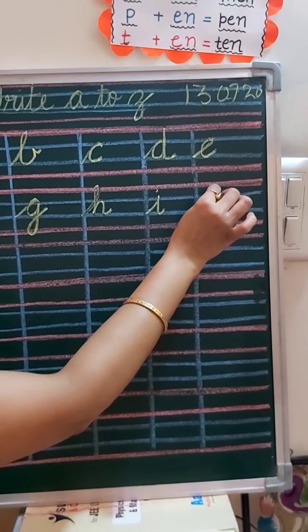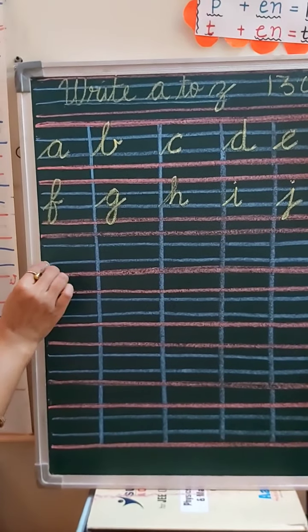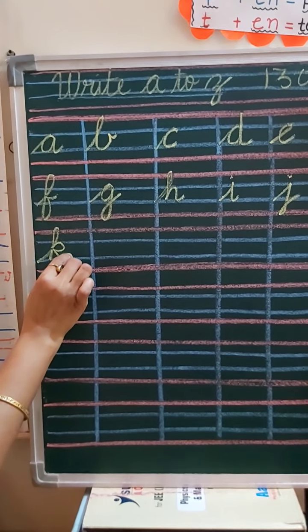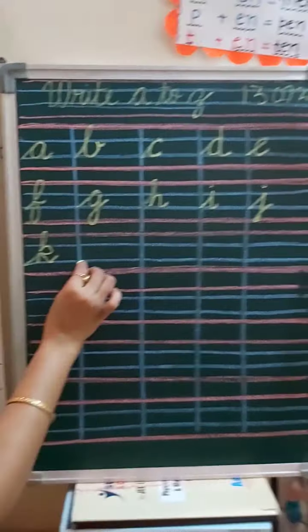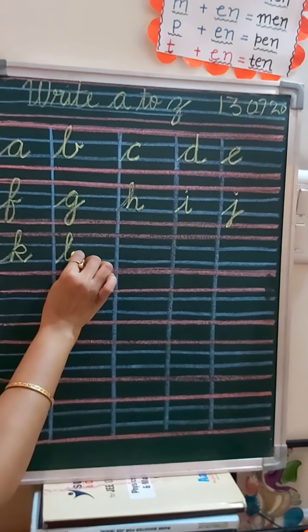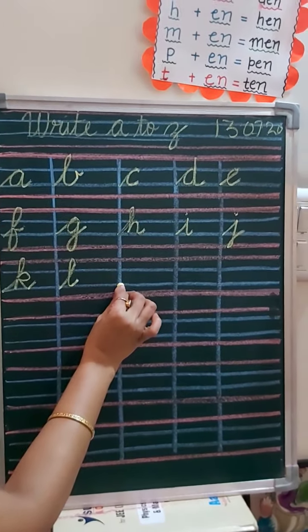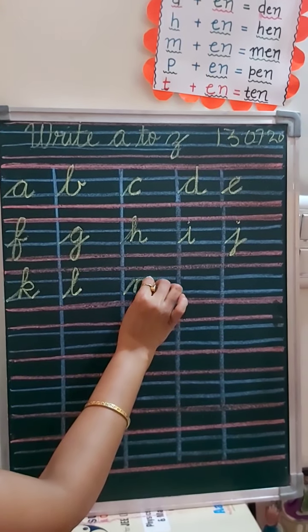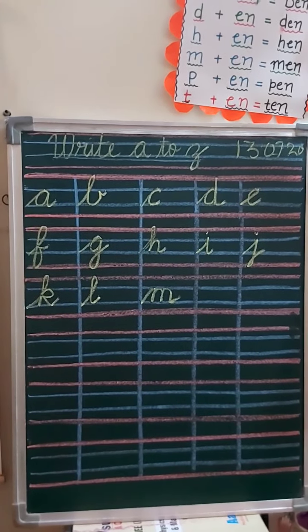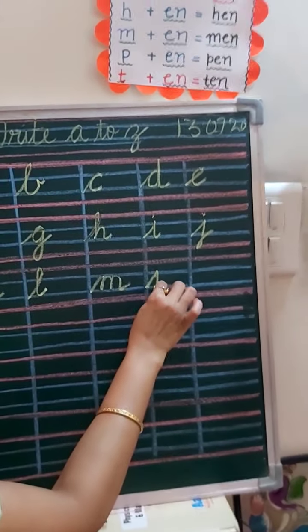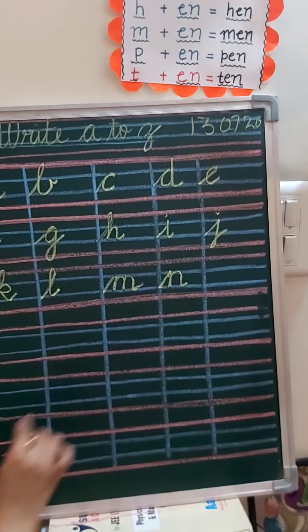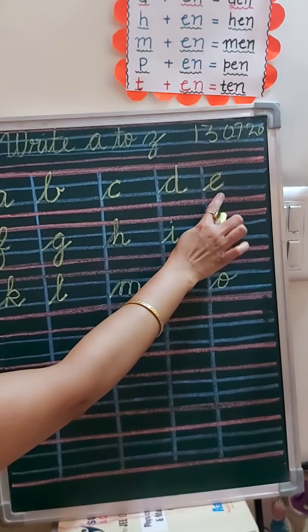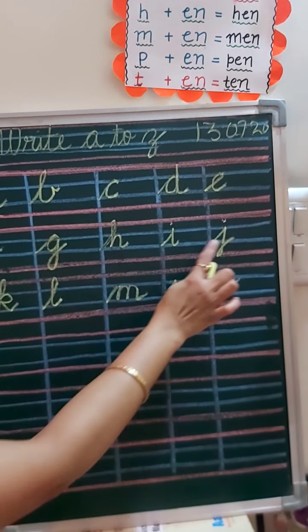J. After J, K. Starting from the corner, turn like L. Again a turn, a small tick. L. A very simple letter to write. M. Starting from the corner, slant up, down, turn, tick. N. Starting from the corner, down, up, and tick. O. A, B, C, D, E, F, G, H, I, J,